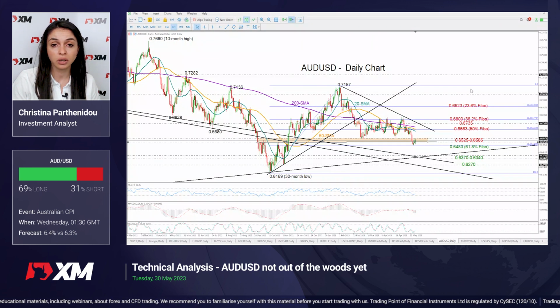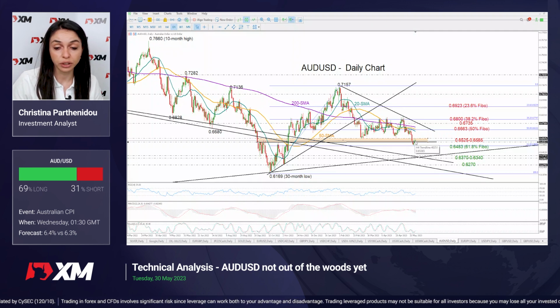Expectations are for a stable inflation, but if the readings surprise to the upside, that could help Aussie dollar to regain some ground. But for the bias to see more recovery here, the price will need to